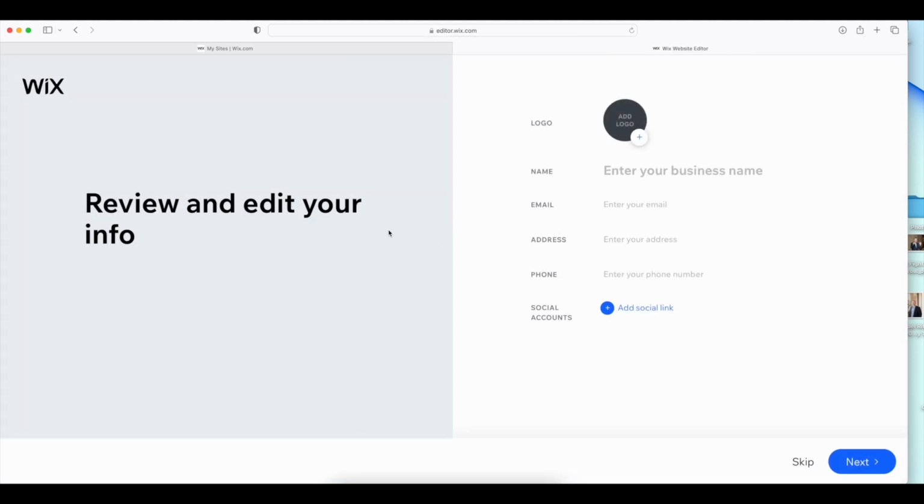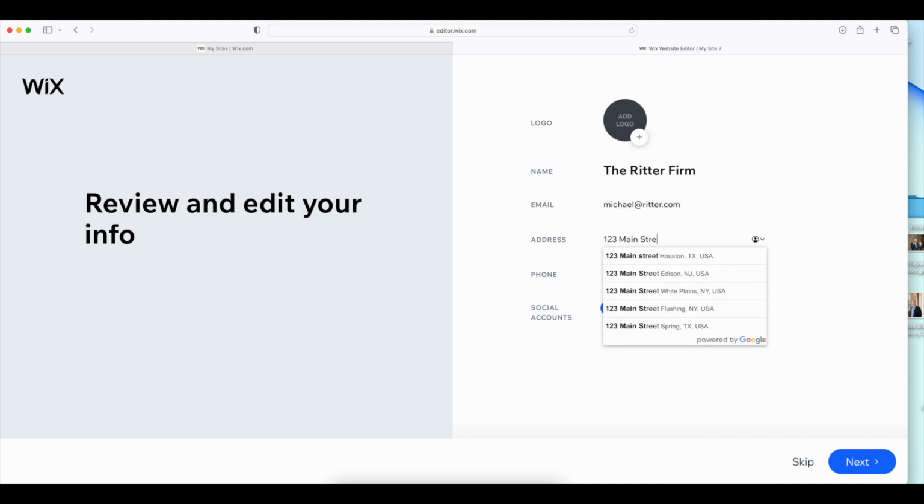After clicking that link, you'll be prompted to put in your basic information. Perhaps you have a logo, but if you don't, you can just go ahead and enter your firm name or your organization name. For our purposes, we'll do the Ritter firm. My name is Michael Ritter, so we'll say that that is my law firm, michael@ritter.com, address, street, and of course my actual phone number,